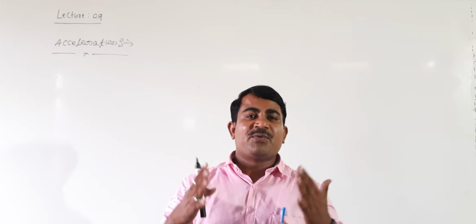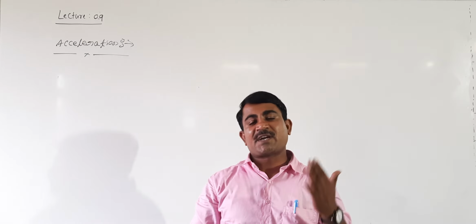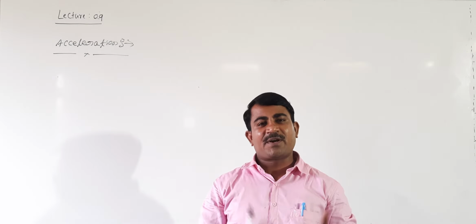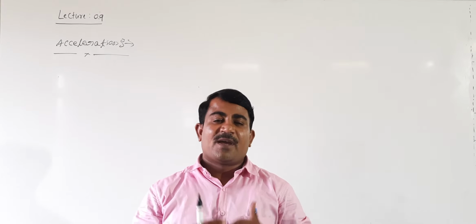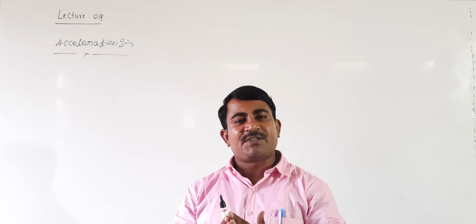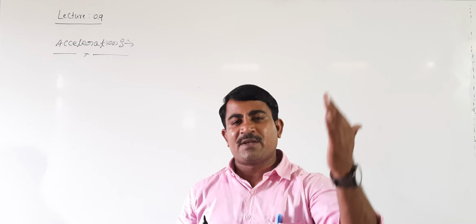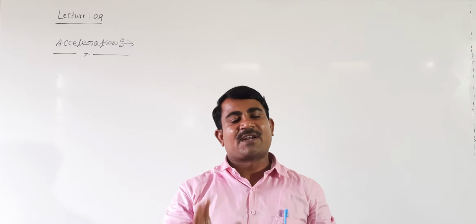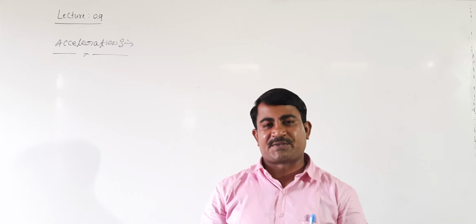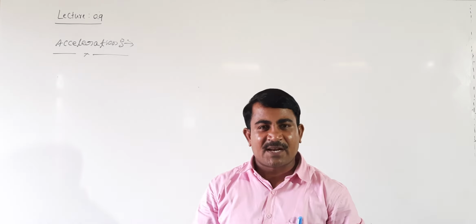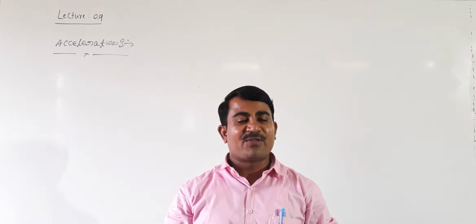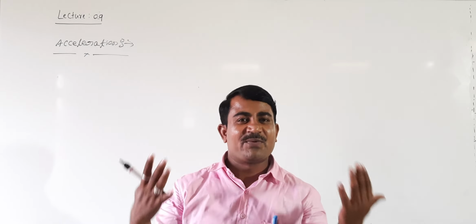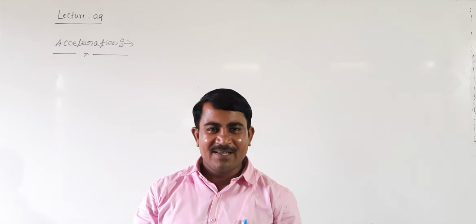There we define uniform acceleration. We are studying about the uniform acceleration. What is the uniform acceleration? If the change in velocity traveled by the body remains the same at every point, that acceleration we are calling uniform acceleration. For the uniform acceleration, we plotted the graph. Shall we see how the nature of graph looks like?